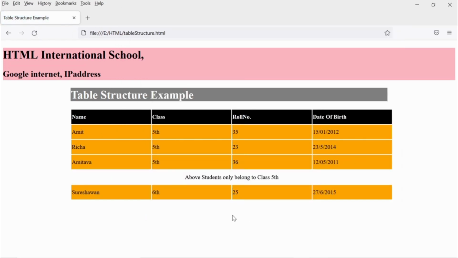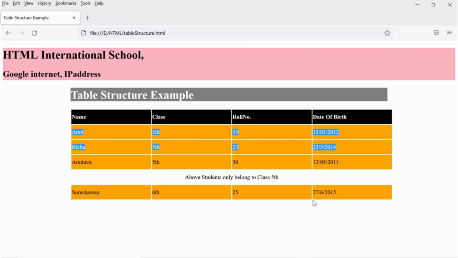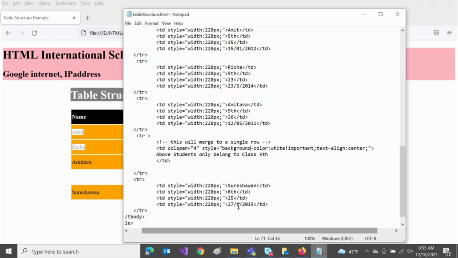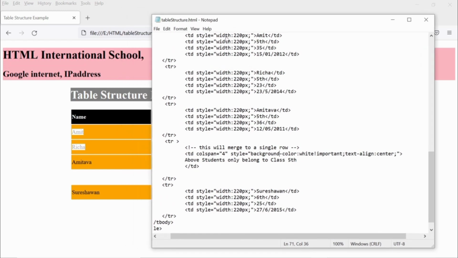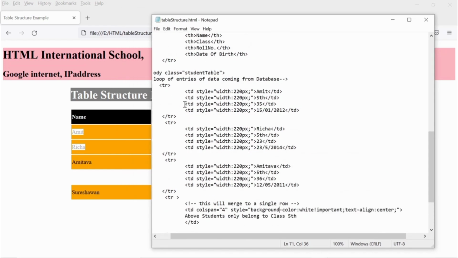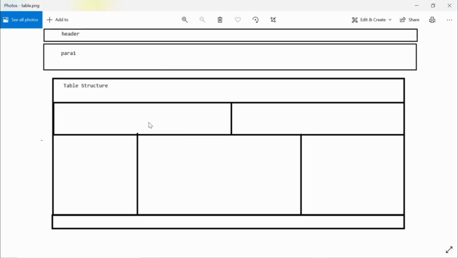Now look, with the typo mistake we were troubleshooting things so many times. So now see, this is the merging I have explained. The table structure has been explained in a simple way. You can apply the css and styling inside that, so you can also make the table structure as per your choice. So now let's make an exercise.